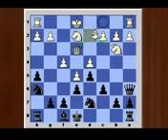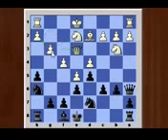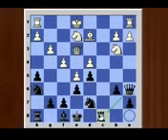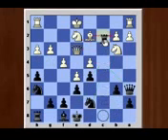bishop d2, b6, g3, c5, challenging the white center, c3, c captures d4, rook c8, and h3, rook c2, king d1,